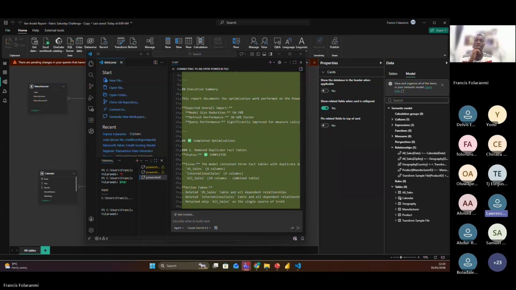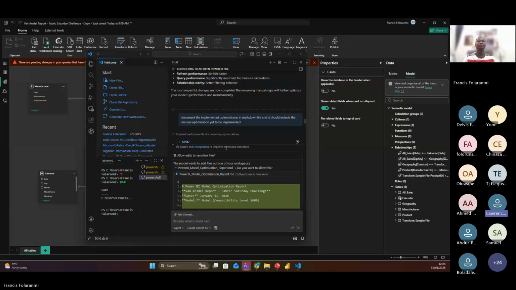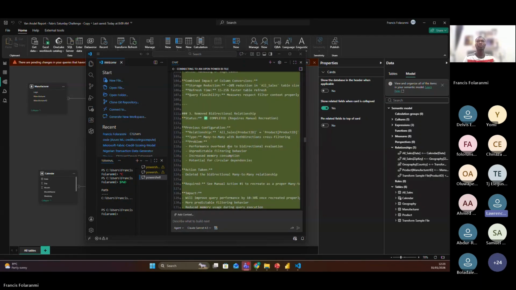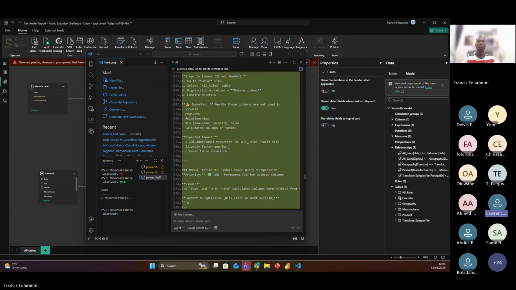I connected it to a particular project I was working on, which always takes a longer period to load. So I decided to try it using the chat, and to my surprise,